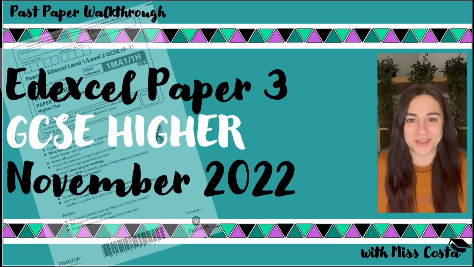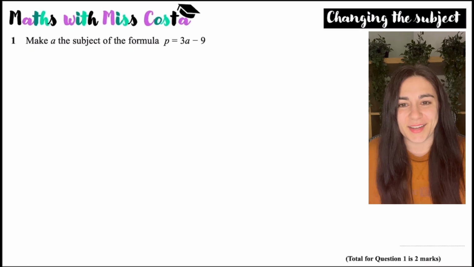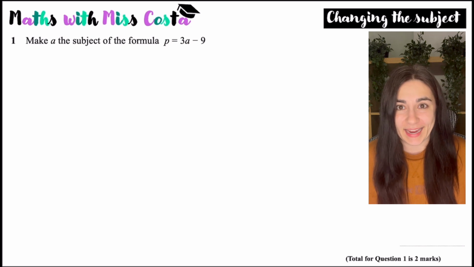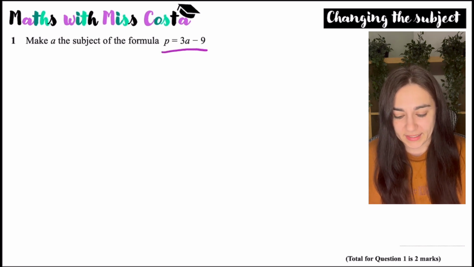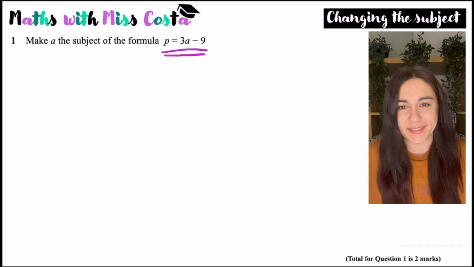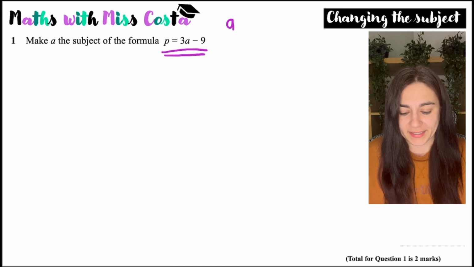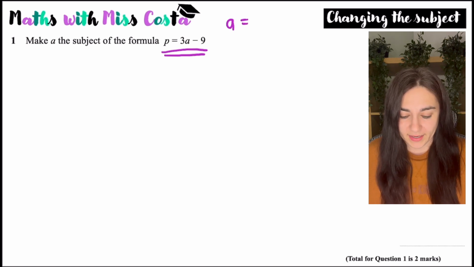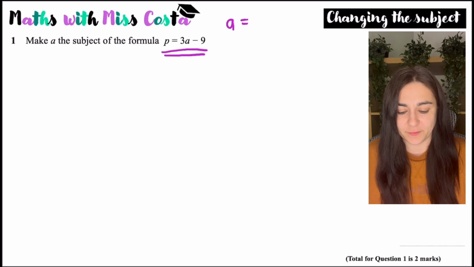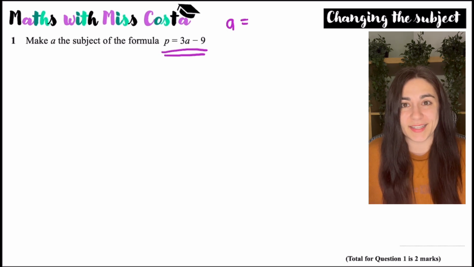In this first question, I'm being asked to make A the subject of the formula. At the moment, the subject is P. The subject is literally the variable that is on its own on one side of the equal sign. So I want to get this formula into the form A equals. What I want to do is rearrange it by moving things from one side to the other by doing